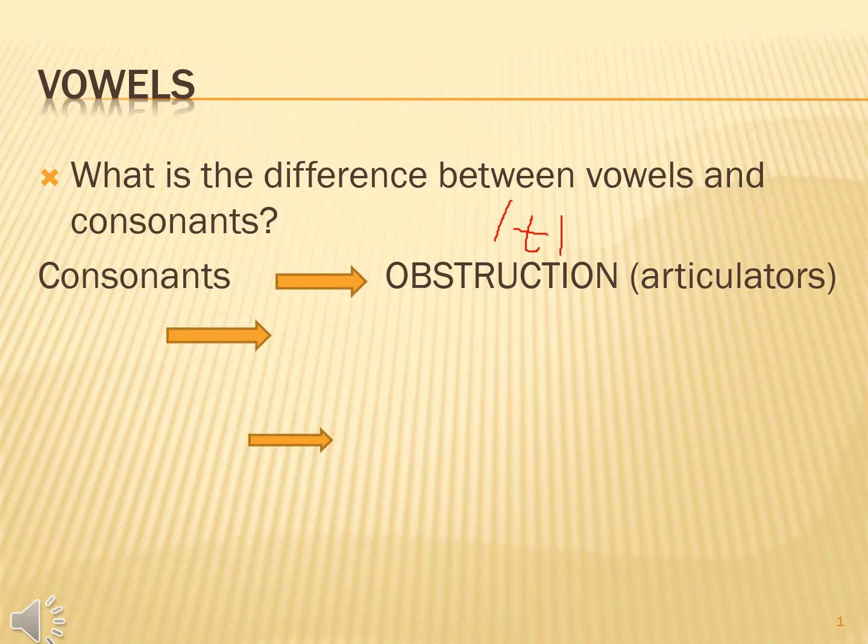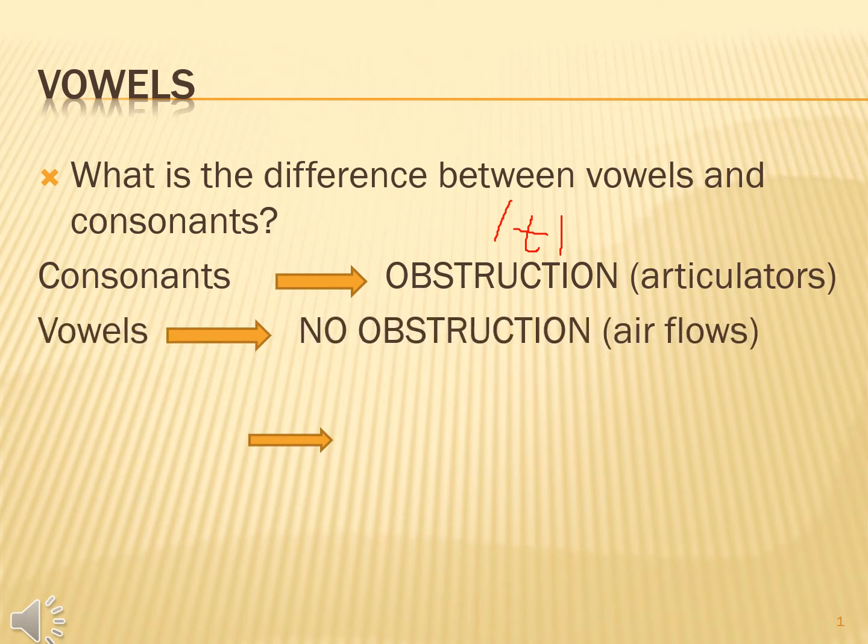So the air cannot go out freely. Yes, it has an obstruction. So consonants work by obstruction, with articulators which move. They move to produce the different consonants. In the case of vowels, they don't have any obstruction. The air goes out freely. The only thing that shapes a vowel is the tongue. The different movements of the tongue are the ones that provide the form, the sound, the production